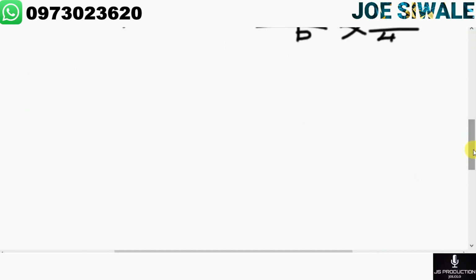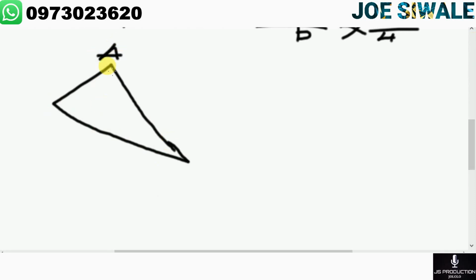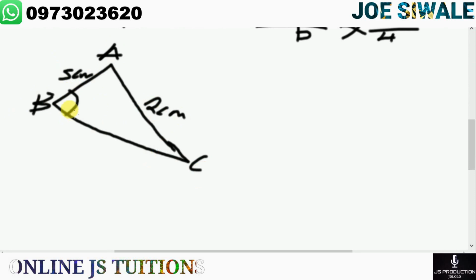So where you have been given two sides and one angle, I'll give another example here. It actually depends on the side or the angle that you have been given. It will depend whether you're going to use the sine rule or the cosine rule. So you need to make sure you know these questions. Where you have been given two sides, for example, this is 5 centimeters and this is 2 centimeters. And here you have been given the angle as 7 degrees. And if you have been told to calculate this angle here, the angle which I can say x,